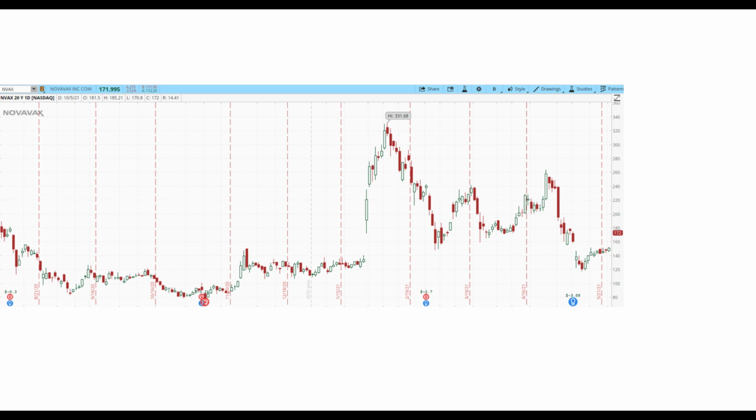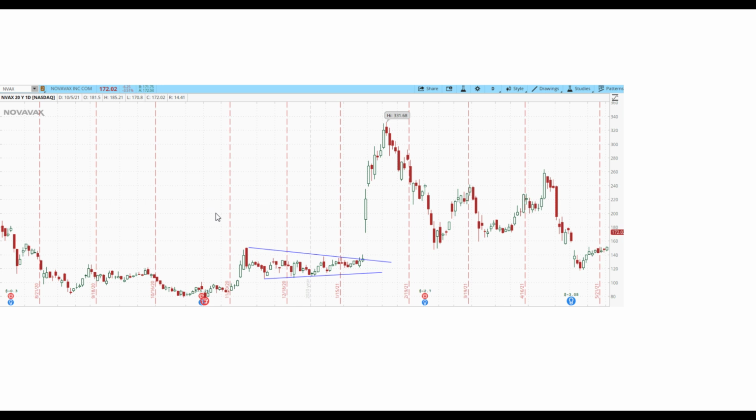So I'm going to give you a few seconds to see if you guys and young ladies can spot the wedge in this pattern. This is actually a chart of Novavax, the daily chart of Novavax. Just let me know if you can spot it. I'll give you a second. Okay, here it is, guys, and I'm going to break it down real quickly for you and how you could have taken advantage of it. So as you can see,